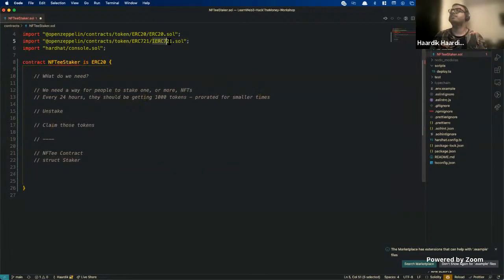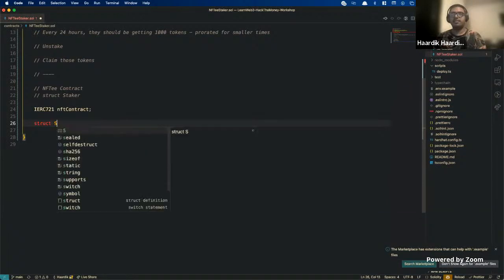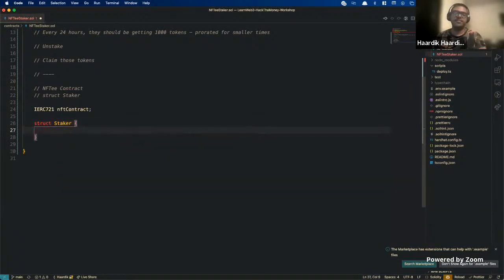If you notice, we imported the interface for ERC721. So I can just do ERC721 NFT contract, and this is going to be pointing to our NFT contract. And let's define the staker struct. So what do we need here? We need